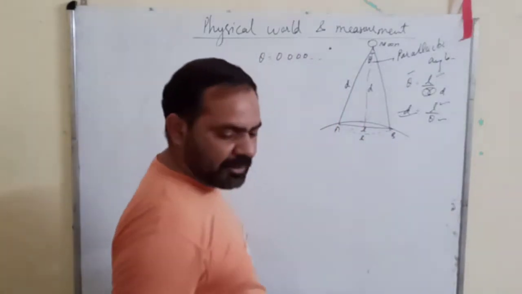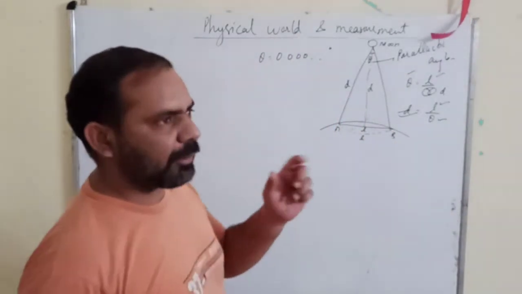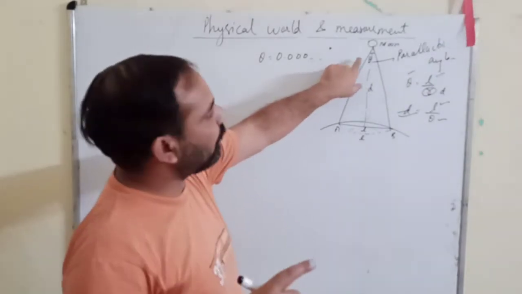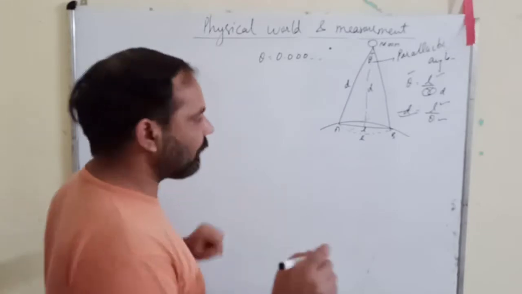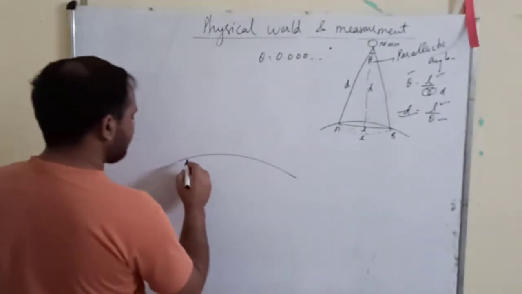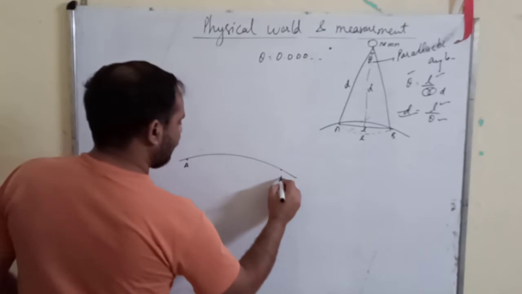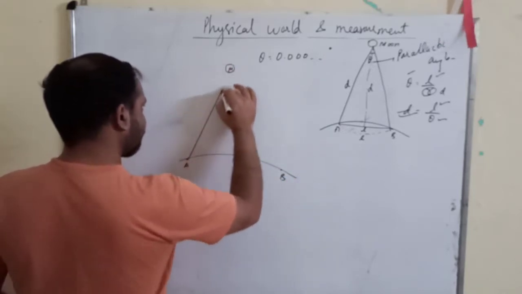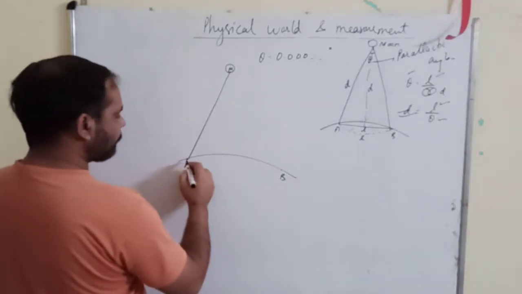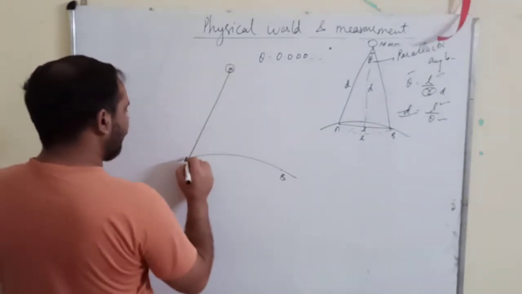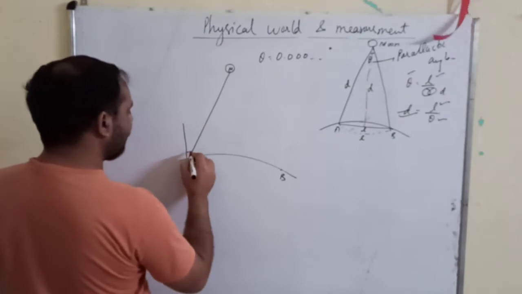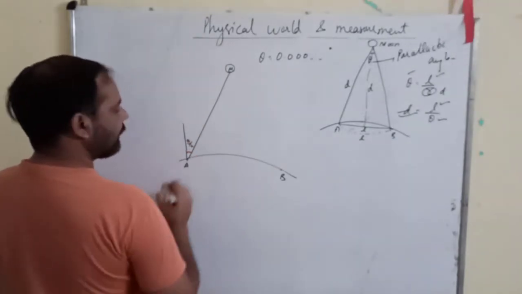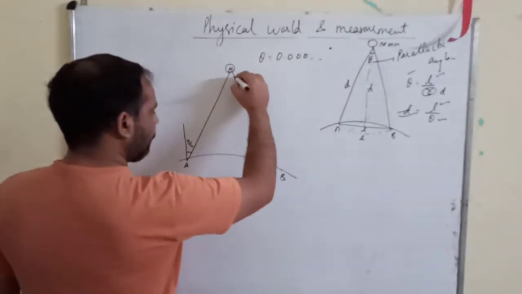Before increasing the angle, there can be a question: how can you measure the angle on the moon, because you cannot go on the moon, so how will you measure this angle theta? For that I will tell you one method. Suppose this is a point A, this is another point B, and this is the moon. Now what you do, with the help of a clinometer, you look at the moon and find out the angle made by the clinometer with the vertical. Suppose it is theta by 2. Now you go to the place B.